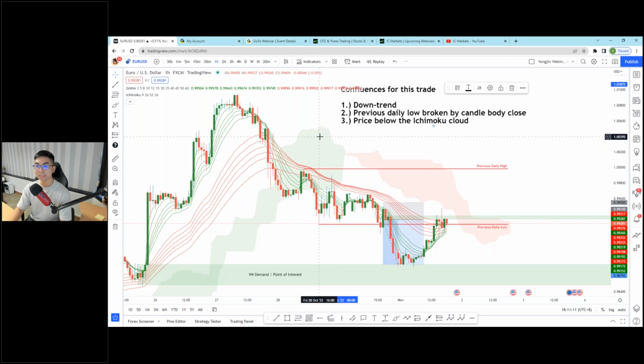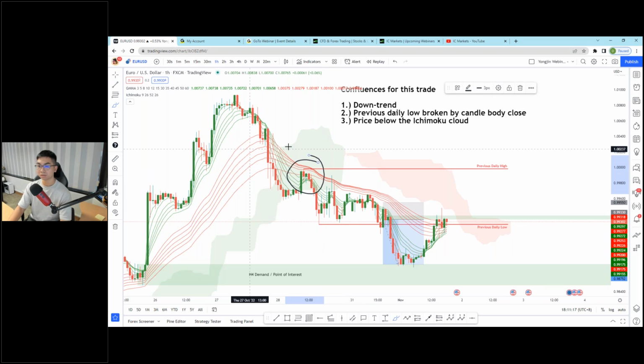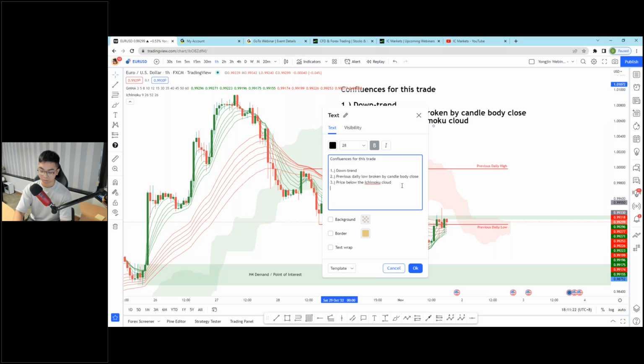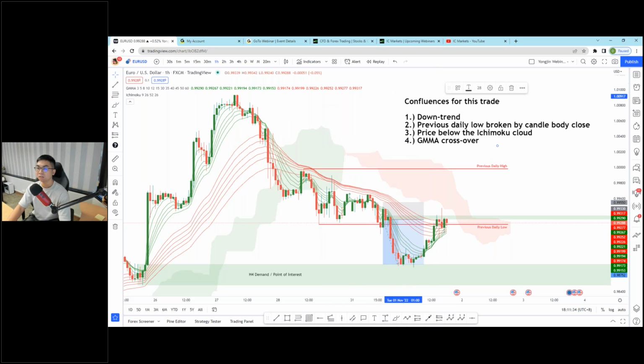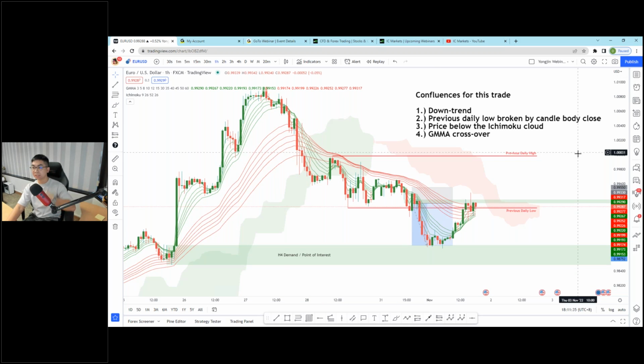We can say that the GMMA crossover already happened. So we can add that in for the GMMA method that we are learning today, the Guppy multiple moving average crossover. So we want multiple confluences. Another confluence that we can get is